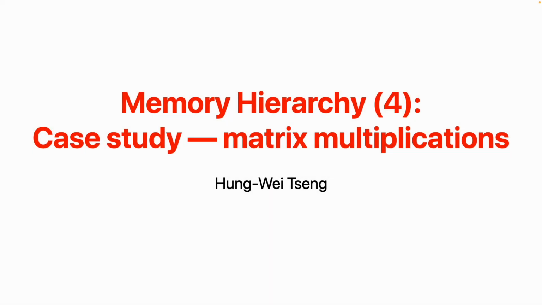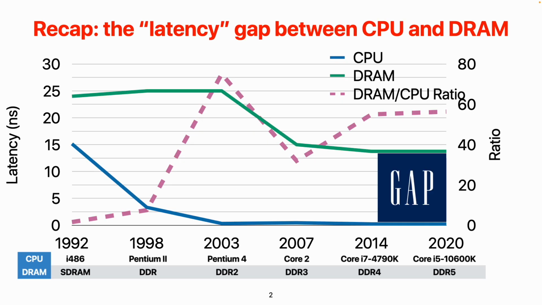All right, let's continue our discussion on memory hierarchy. And today we are going to see some real stuff regarding the most important application nowadays, matrix multiplications. But before we start, why are we talking about this and why are we using matrix multiplication as an example? Because matrix multiplication is actually a pretty memory intensive operation, given that if you think about for each byte